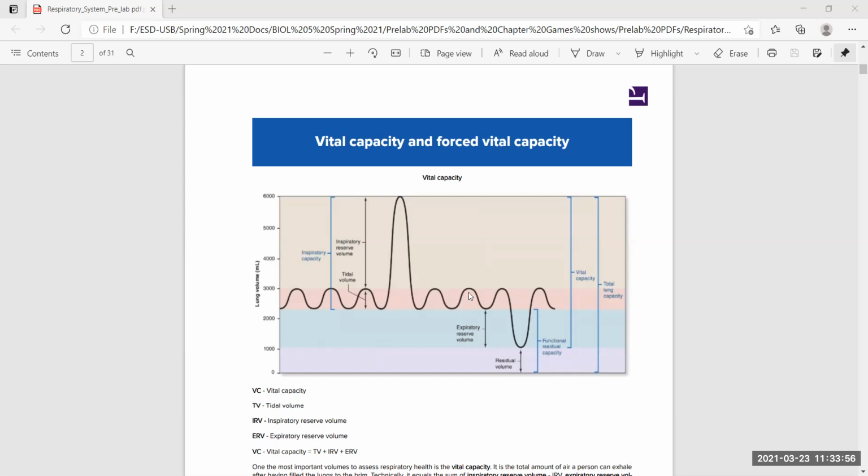So again, tidal volume, and then we exhale 500 ml, which is tidal volume. And then with force, we can exhale more. And that extra, whatever we exhale beyond tidal expiration, that is called expiratory reserve volume. And if we add tidal volume with the expiratory reserve volume, so you have here, this is the inspiratory capacity,